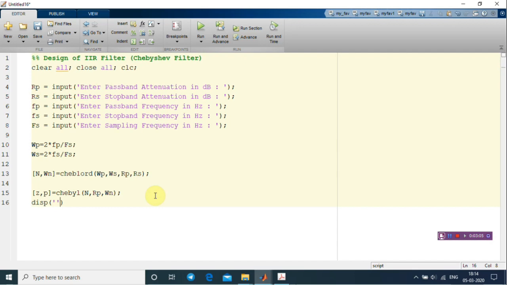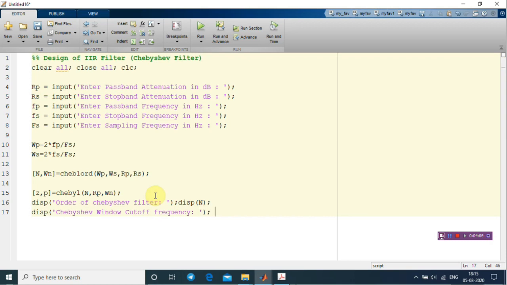You want the order of the filter, so you can say 'order of Chebyshev filter: ', with a colon and a space, and then a semicolon and display N, that's a capital N. And again I can say disp and then single quote, 'Chebyshev window cutoff frequency: ', colon and space.